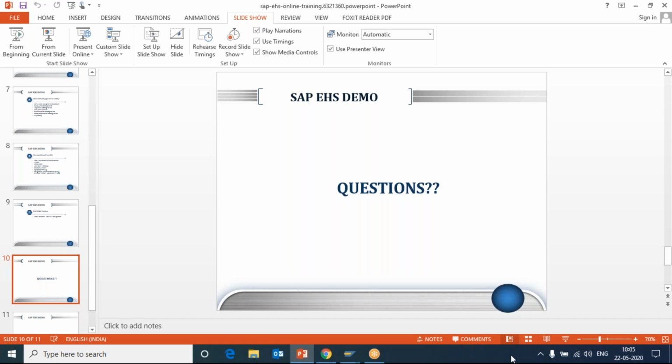And the more knowledge you gain, you will be able to convey the same to your interviewer. And quite frankly, your interviewer himself would not be knowing so much of EHS concepts. They'll just be asking you related to technical terms. So there is a shortage of manpower, and hopefully you will be picked up by one company or the other. I'm sure about that.